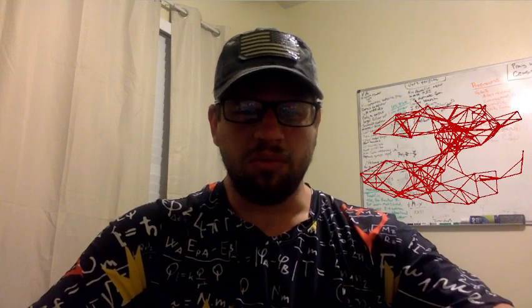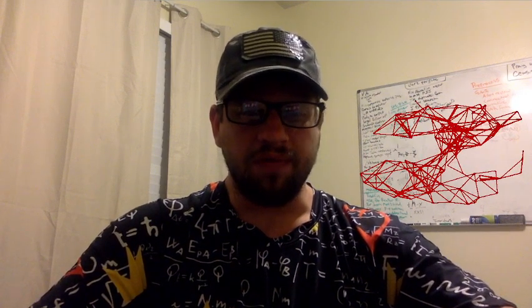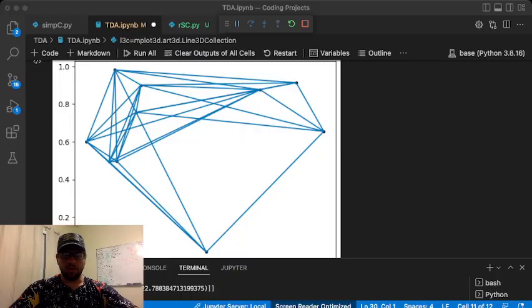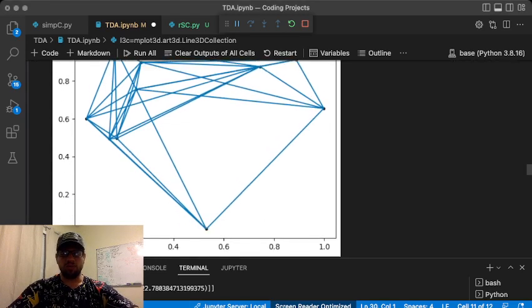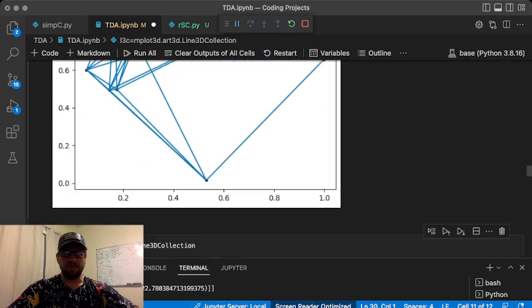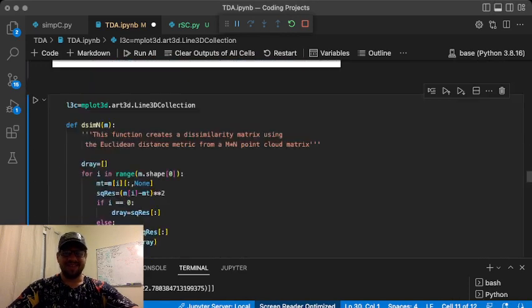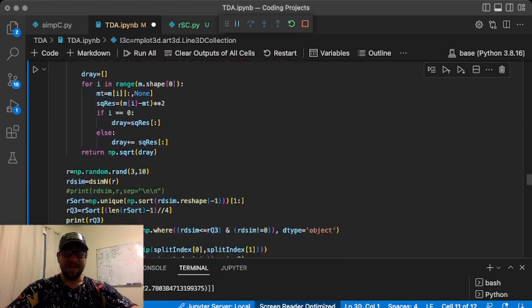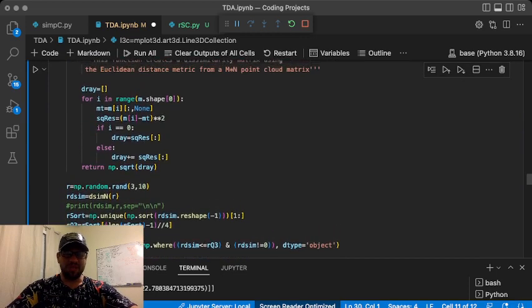Let me back up and show you where I was going in my code. We have this two-dimensional simplicial complex that I did in the last video. It actually didn't take me too long. It's going to go slow a little bit because it doesn't like my video up while I do all this. My computer's pretty old. But anyway, I did that